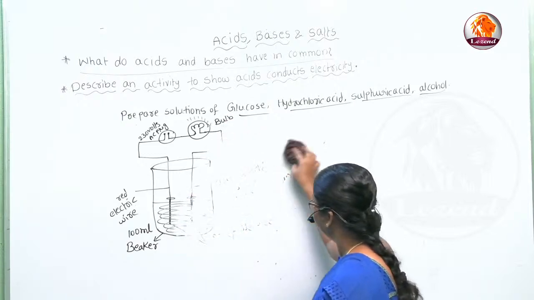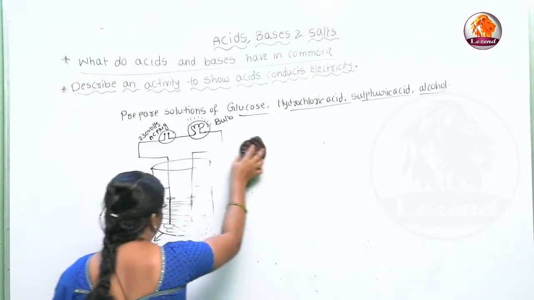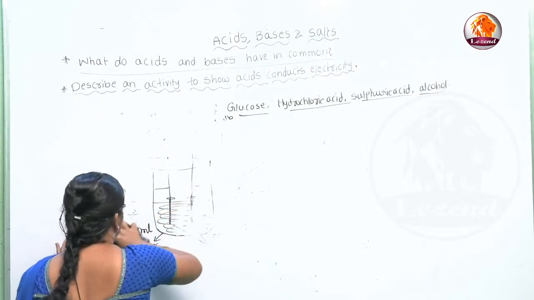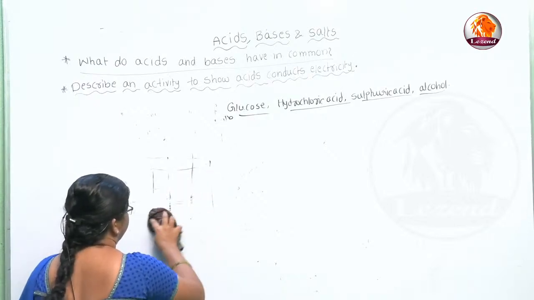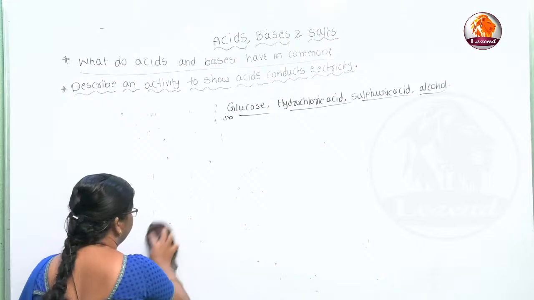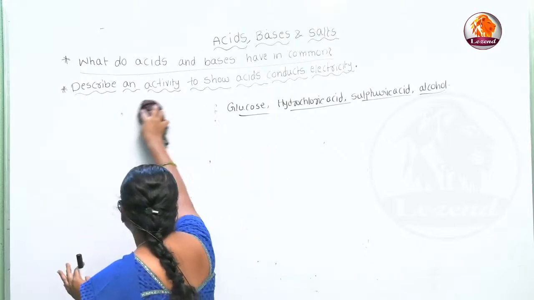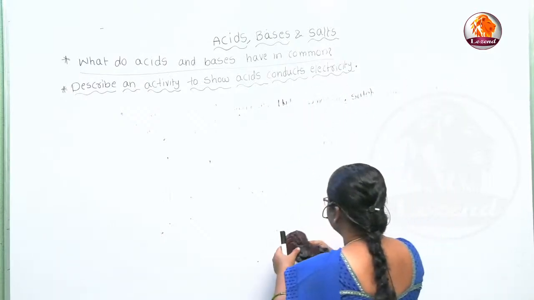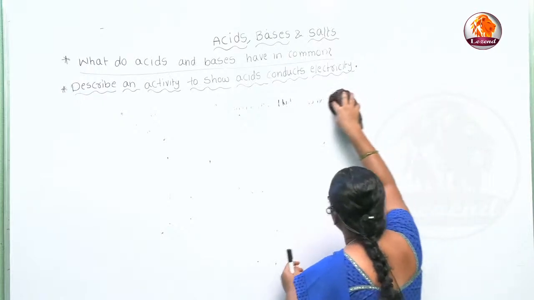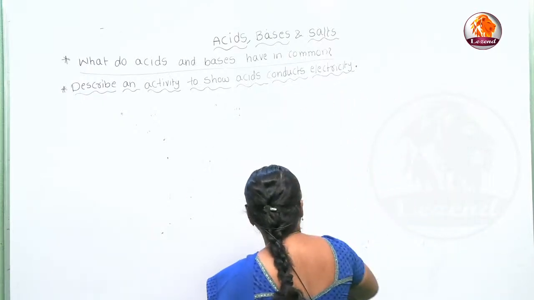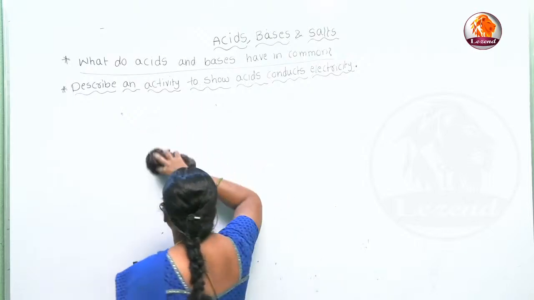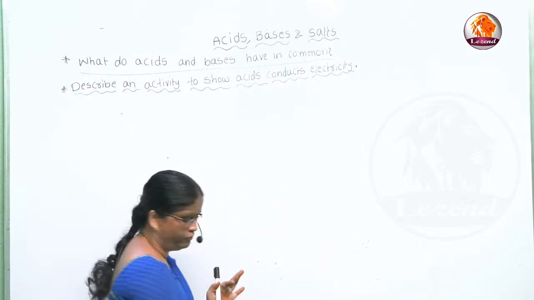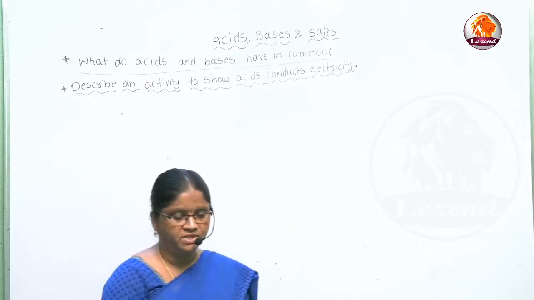And bases, what ions are present, meaning what do bases have in common? Hydroxide ions. Bases have hydroxide ions in common. If a substance contains hydroxide ions, that acts as a base and shows the basic property. If the substance contains hydroxide ions, that shows its basic property. With the movement of hydroxide ions within the solution, we observe the flow of electric current within the solution